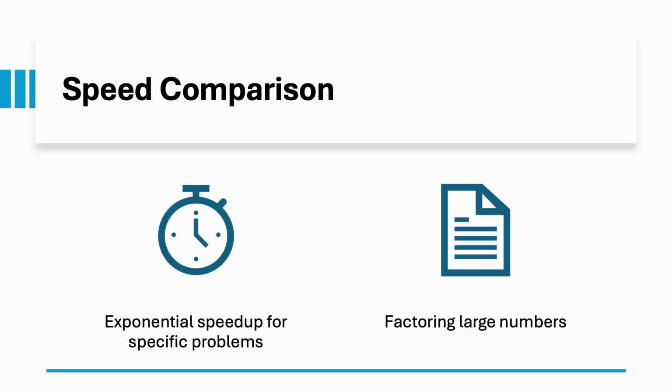In 1994, mathematician Peter Shor invented a quantum algorithm, as we discussed previously, now called Shor's algorithm, that can factor these huge numbers exponentially faster. A problem that would take a classical computer billions of years could potentially be solved by a large enough quantum computer in just hours or days. This matters